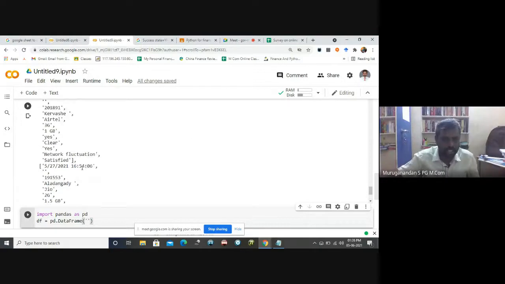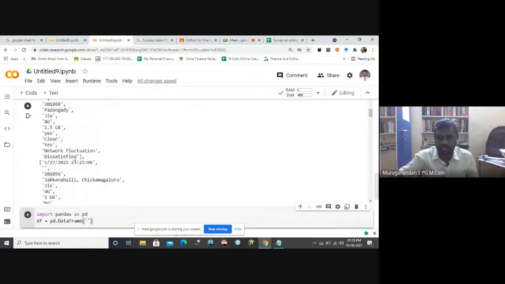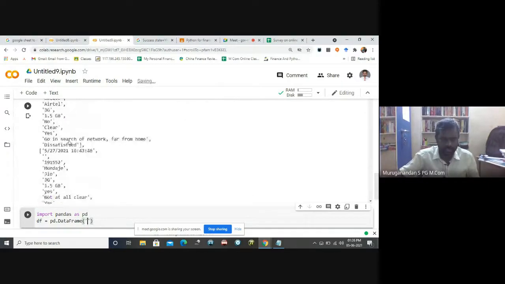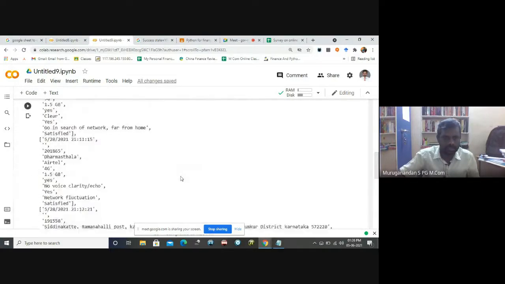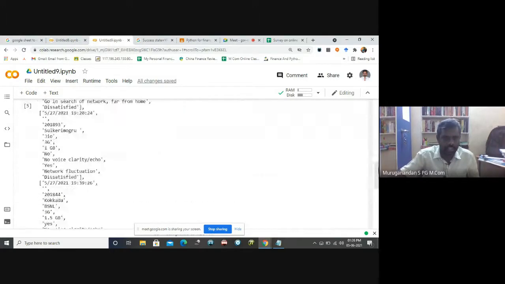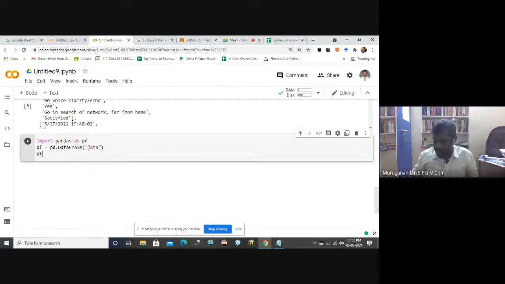What is the name I had given here? Data. So the same name I'm using here also. Let me see how our DF looks. Now after completing this code, let me hit Control Enter.